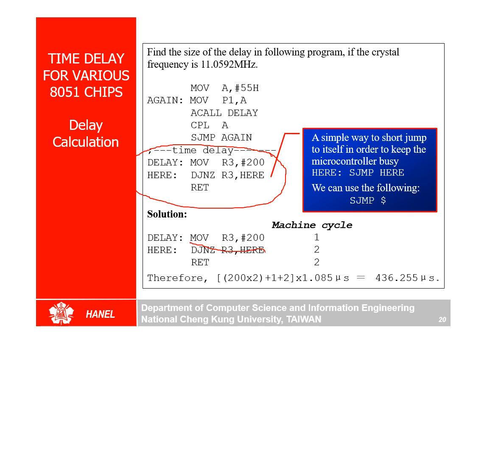The maximum number you can write here. What is the maximum number you can put here? It is 255. So what is the maximum delay here? What you have to do is put 255 here instead of 200, then you calculate. Okay, so that is the way to make the maximum delay.